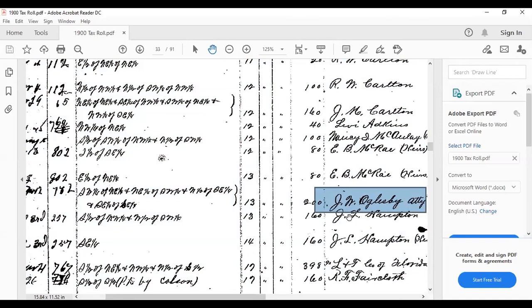McCrae, and this guy, I happen to know that that's Joseph L. Hampton, who was another owner of Hampton Springs. So some really cool stuff that you can do with these tools. And the greatest thing about it is it's not like the old days. You don't have to go traveling all over the earth to go to courthouses and do this research. A lot of the databases you need are already online, and if it's not online, these are very easy, simple, easy to describe documents that you can request over the phone.